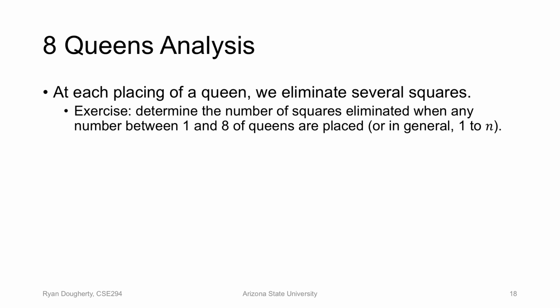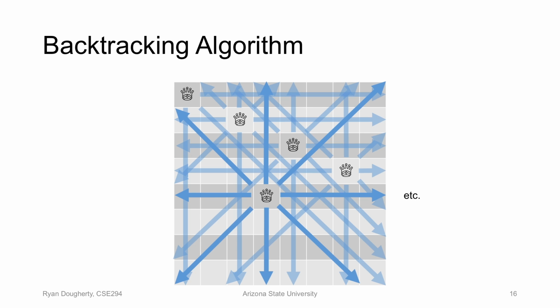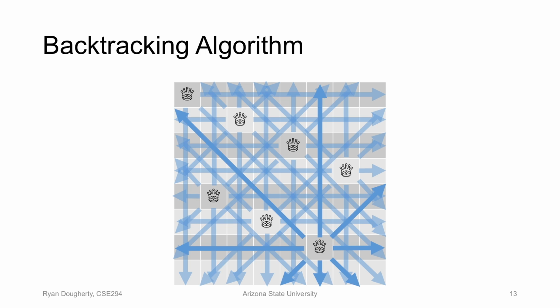So it's actually quite difficult. I tried to figure out what the complexity of doing this is, because when we did the brute force analysis, it was just place 8 queens anywhere on the board. That's just 64 choose 8. But here, if we look back at what the algorithm is doing here,